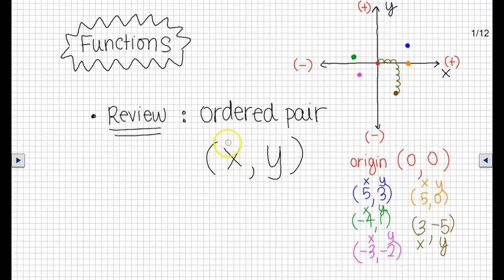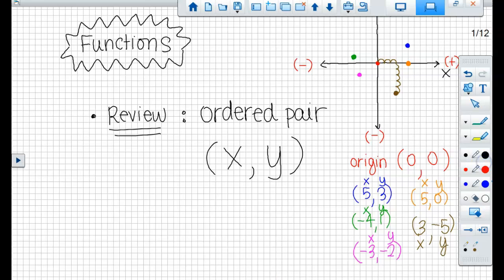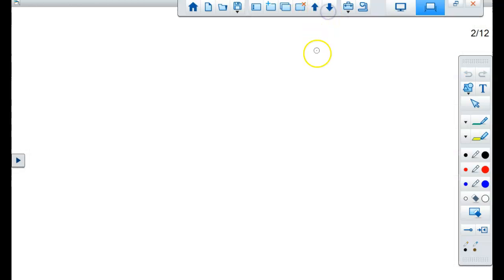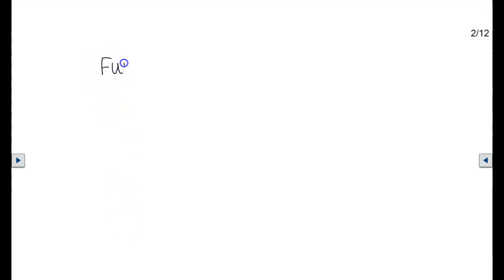We begin our discussion of functions by reviewing ordered pairs. Ordered pairs will always come to you wrapped in a set of parentheses. The x will be the first number, then a comma, and then the second number will be the y. So notice that in these ordered pairs, an x is connected to a y. The reason that I'm making that distinction is because when we talk about a function,